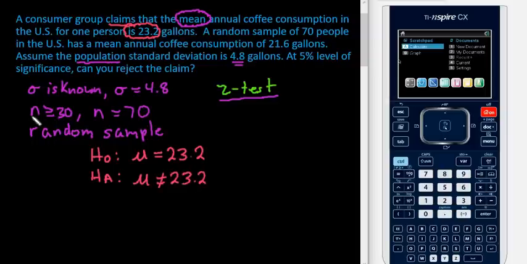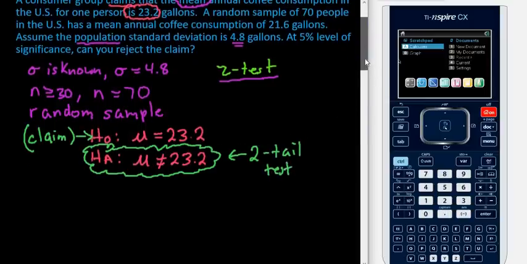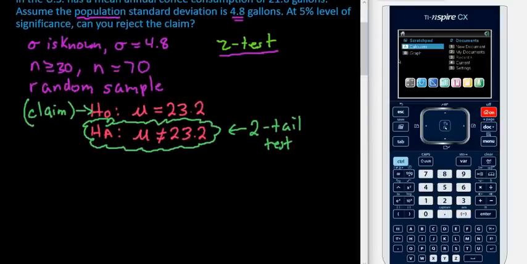And I always just write down which one my claim is about because sometimes this changes. Since our claim is about the null hypothesis, we would look at the alternative hypothesis to help us determine the tail of the test. So this gives us a two-tail test, which means when we draw our model, we must shade both tails. So if I draw out my model,